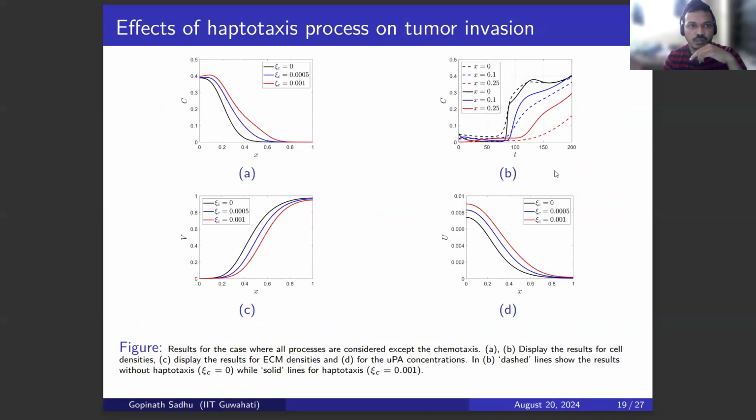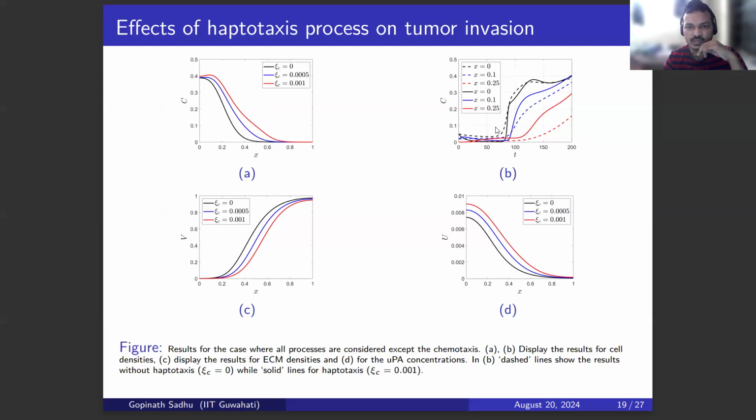And also we simulated our result when we take haptotaxis into account, where chemotaxis is ignored. So we can see that when the coefficient of haptotaxis increases, cancer cells invade the ECM more heavily. And figures A and C are the spatial distribution of cancer cell and ECM, given in A and C respectively, and the